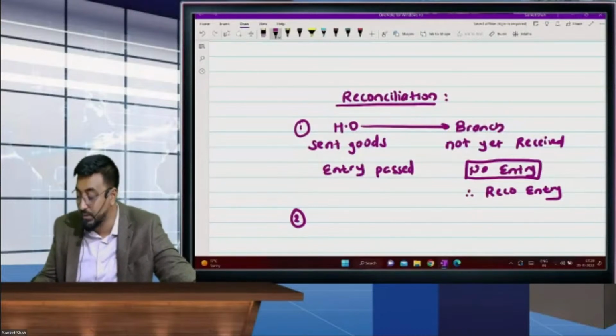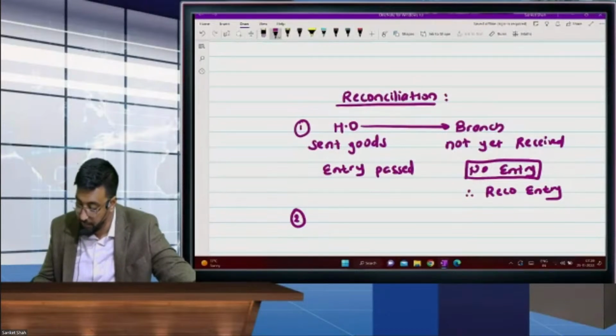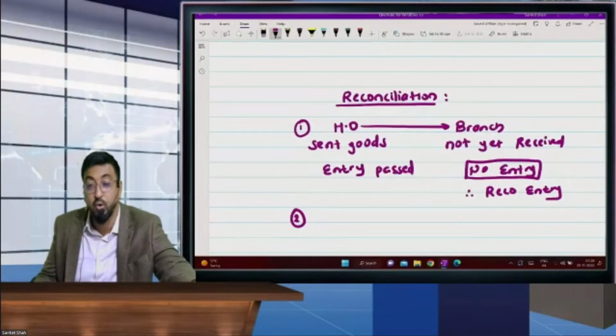देखो, RICO entry वो पास करते हैं जिन्होंने अभी तक एंट्री किया नहीं है। ओके, सो आप मुझे बताइए, एचओ ने गुड्स भेज दिए ब्रांच को, तो एचओ ने ऑलरेडी एंट्री पास कर दिया था, पर ब्रांच को अभी तक रिसीव नहीं हुआ, तो ब्रांच ने कोई एंट्री नहीं पास किया, सो एंट्री कौन करेगा? तो बड़ा ऑब्वियस ब्रांच करेगा।